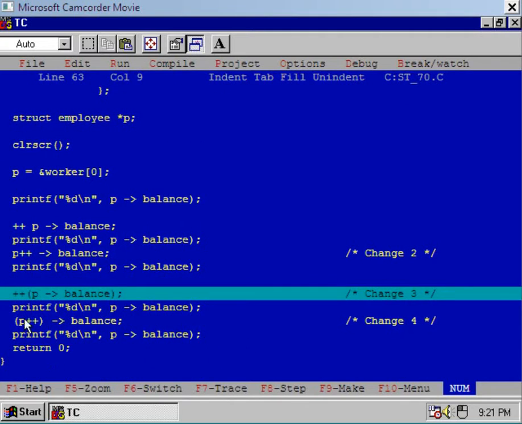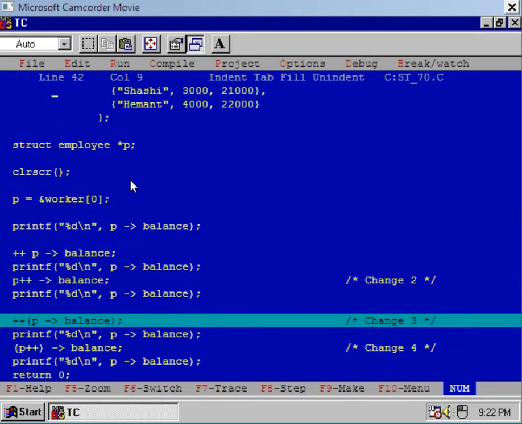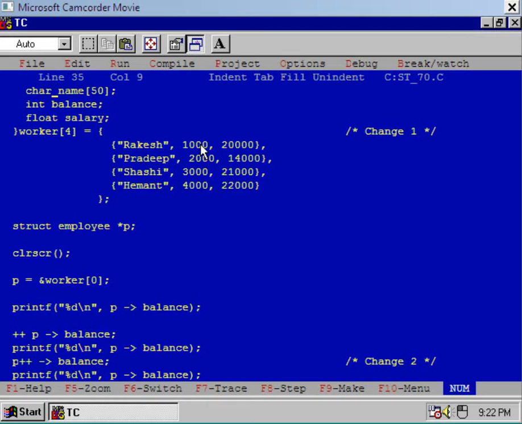Here I have inserted parenthesis around the expression p arrow balance. Okay, so this means first operation will be p arrow balance, and after that we'll increment the result by using plus operator. Right now where p is pointing? p is pointing to the 2000, that is member balance, second member of the second element of the array of structure worker.